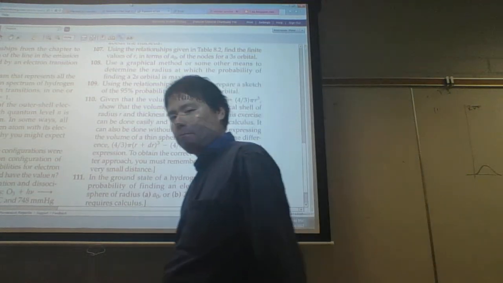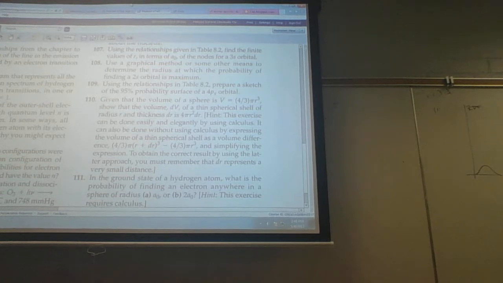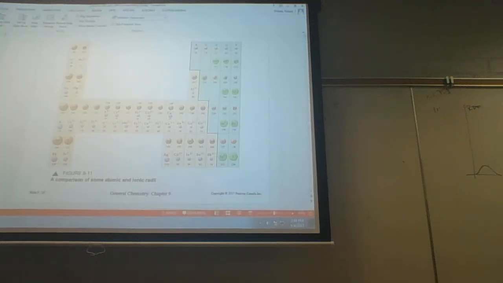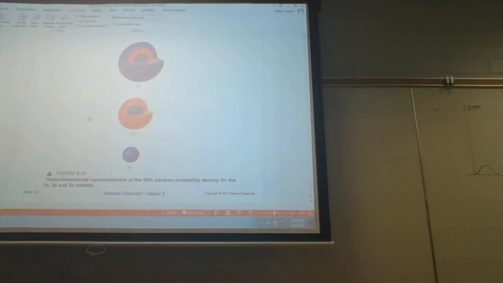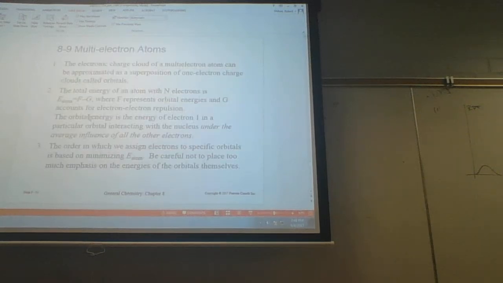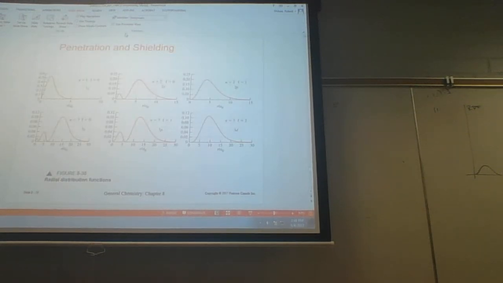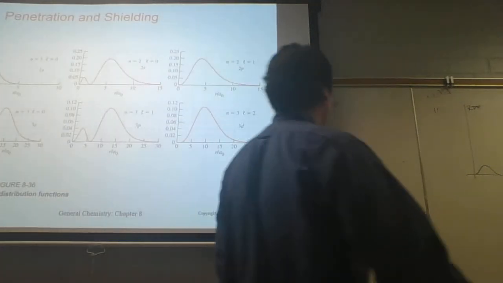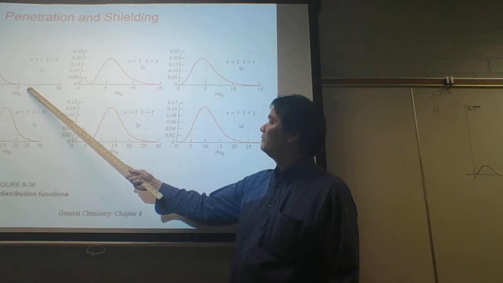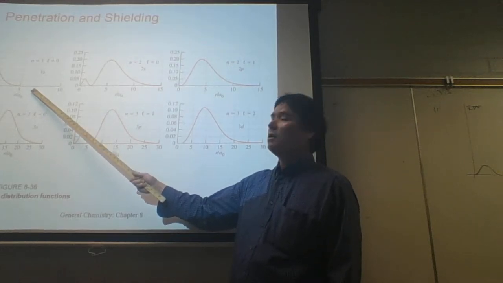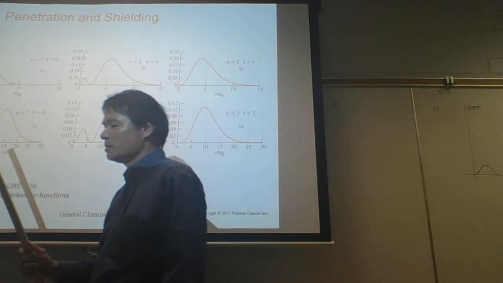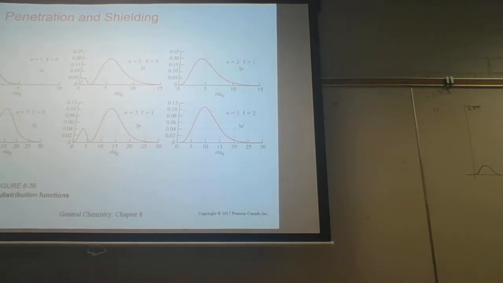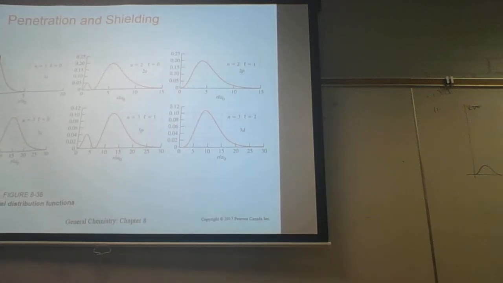Okay, the RDF. So let's take a look at those two here, RDF. I didn't want to show you 6 RDFs right at the start, so this is why we just started with 1 RDF. Do you recognize this RDF? What is that? That's the 1s orbital. Where's the most probable distance? The most probable distance is going to be at that peak there, which is roughly at